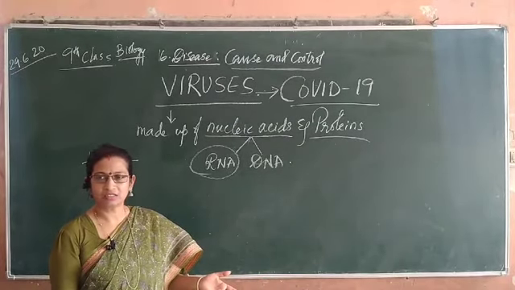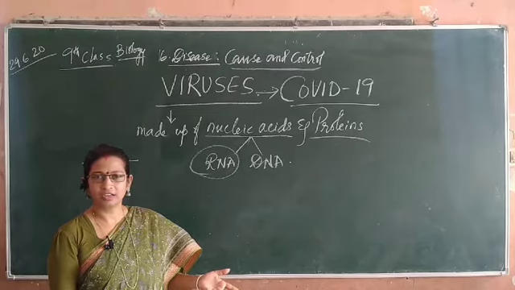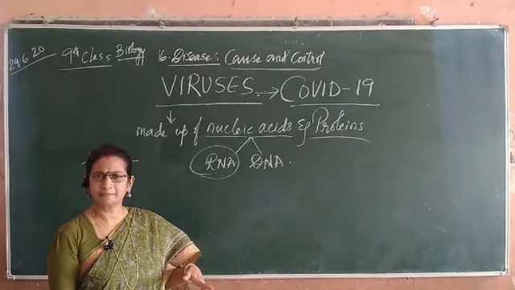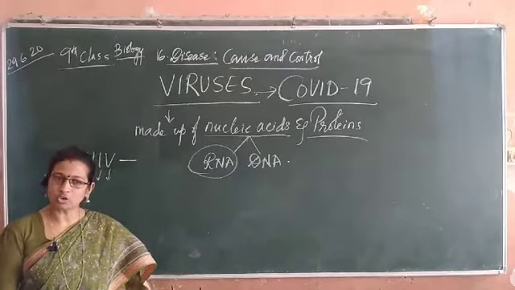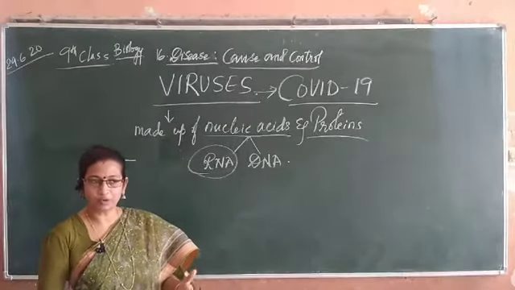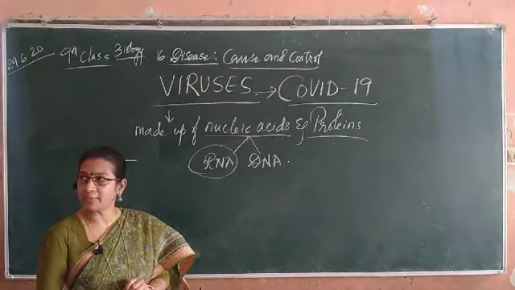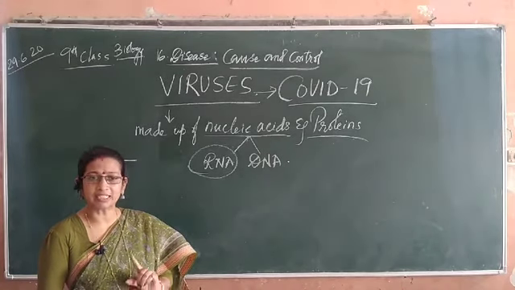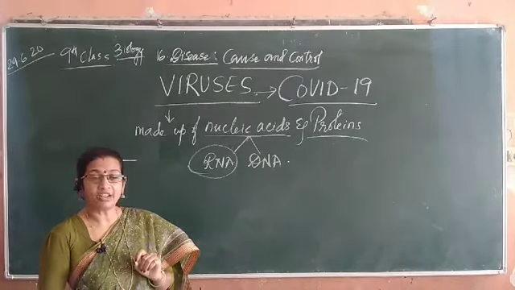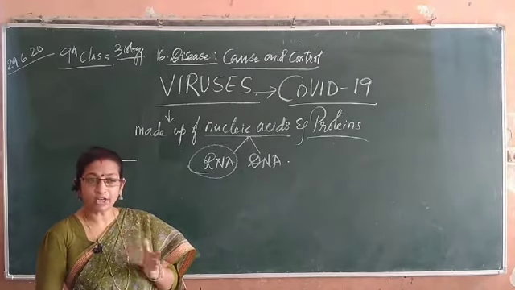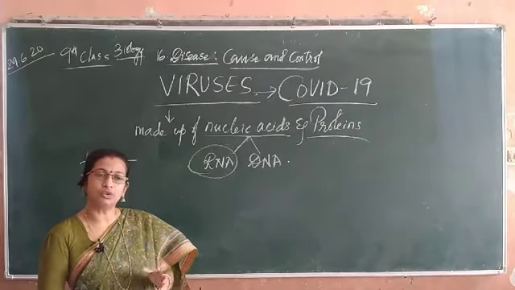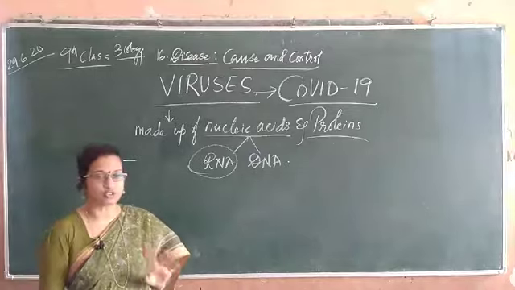Hepatitis. Hepatitis is also caused by virus. As I told you before, hepatitis infects the liver. Particular specific organ is the liver, and hepatitis is again of 3 types: hepatitis A, B and C. And if you want to get yourself protected from hepatitis, you need to go for a hepatitis vaccination.